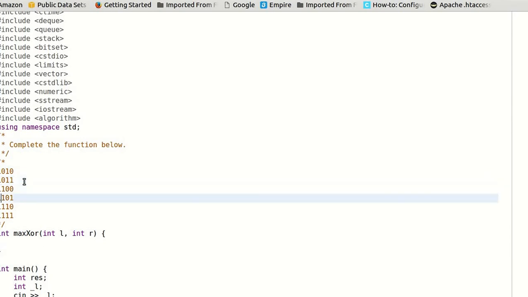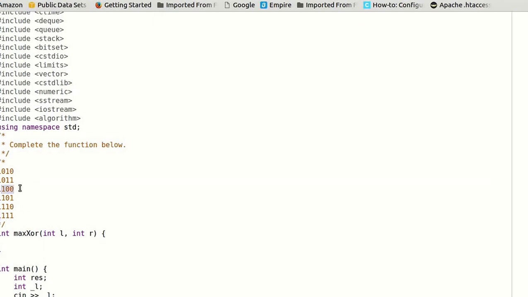So this 1 will always be zeroed in the final XOR result. Fine. So the only thing that will remain is a 3-bit number at a maximum, and out of all these, we will get the maximum XOR value only if the 3 digits are all ones.